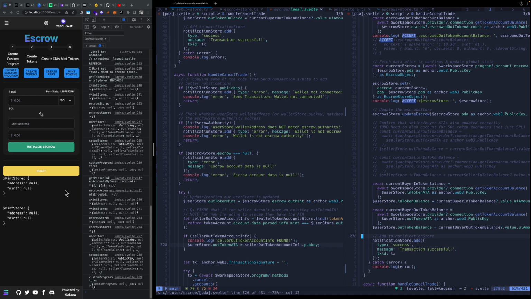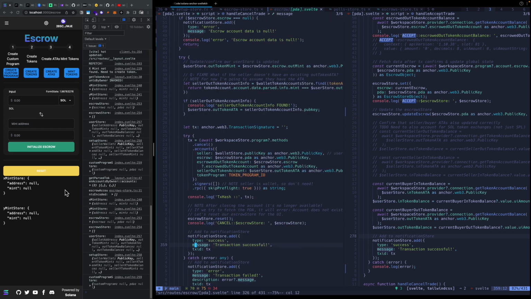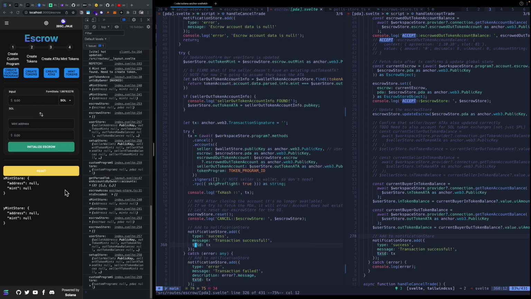I guess because we're maintaining the escrow store, I could consider, if this transaction is successful, right here I'm resetting the escrow store. Could totally work,